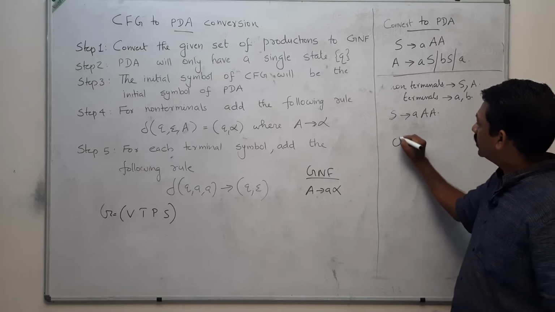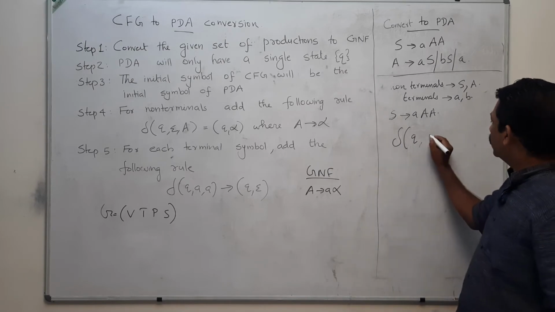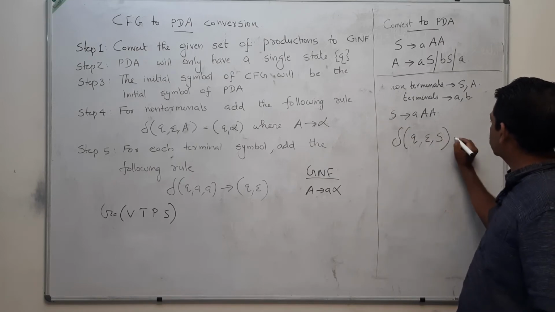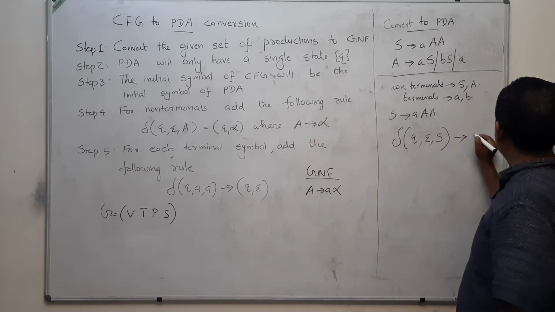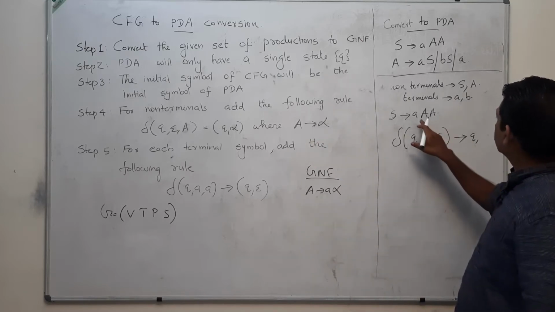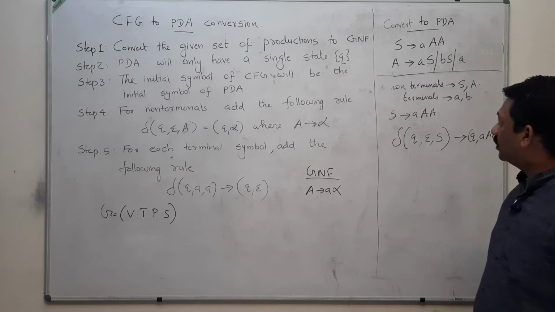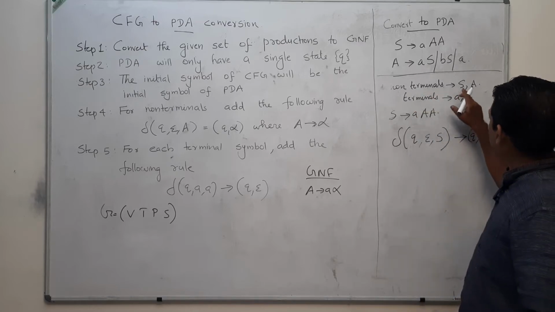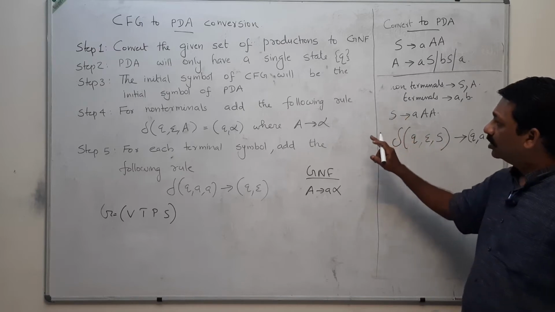I'm going to replace that with delta of Q epsilon S. Here A stands for S. S derives what? Q comma alpha, Q comma A. This is the first rule. That means for non-terminal S, this is the rule, and for non-terminal